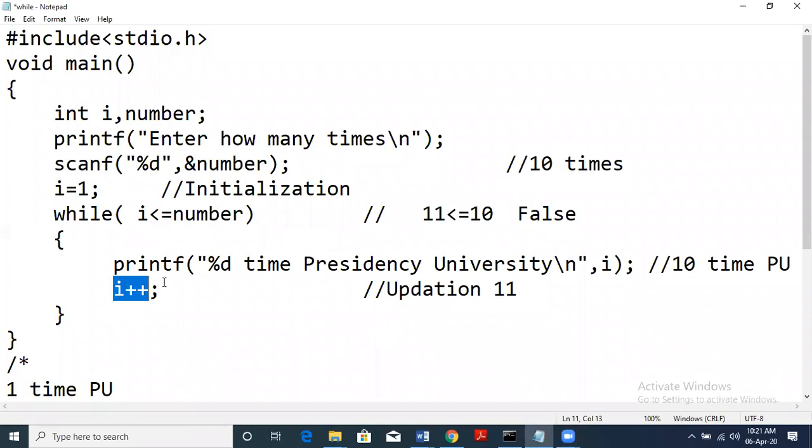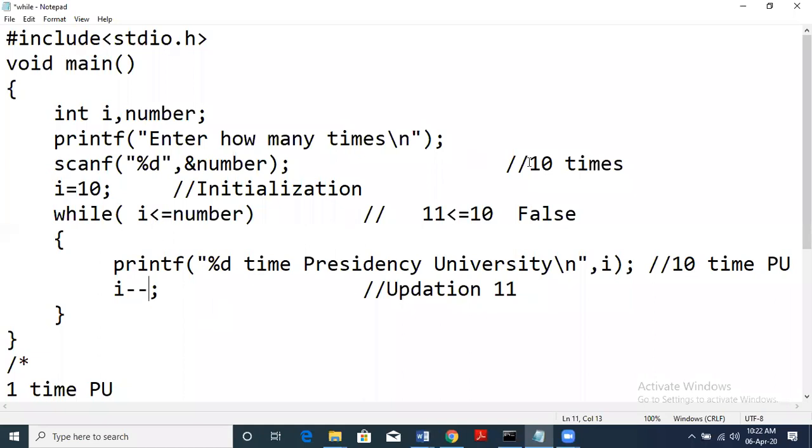So let us say we don't want to print 1, 2, 3, 4. We want to print in reverse. That means we want to print 10, 9, 8, and so on, up to 1. So we can start the value of I from 10. Let us see how this works. So we need to start from 10. When we say 10, 9, 8, that means we need to decrement. So instead of increment, we will use I minus minus. Now please note that the condition also has to change.